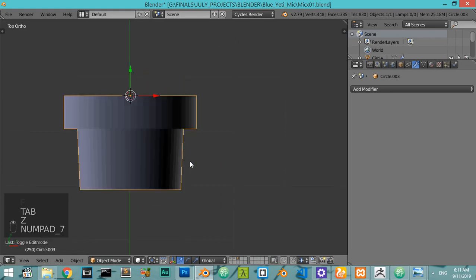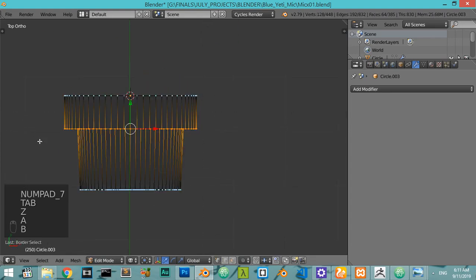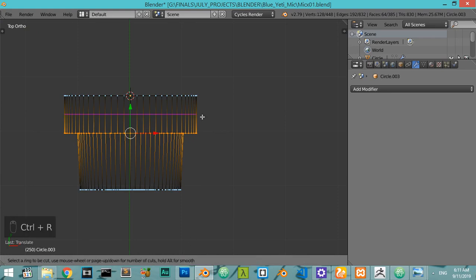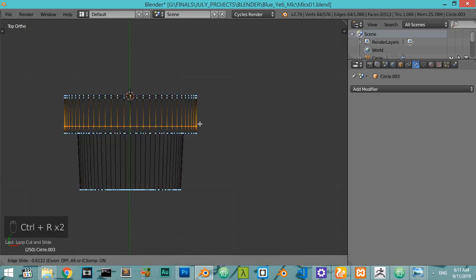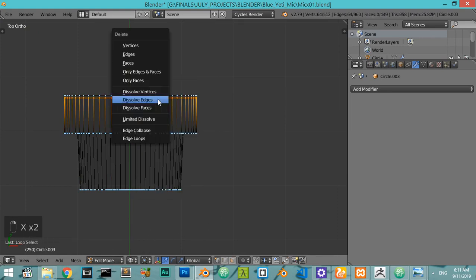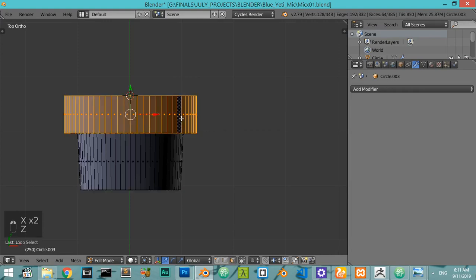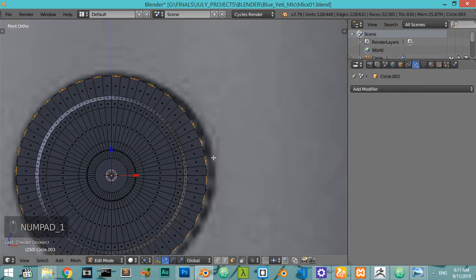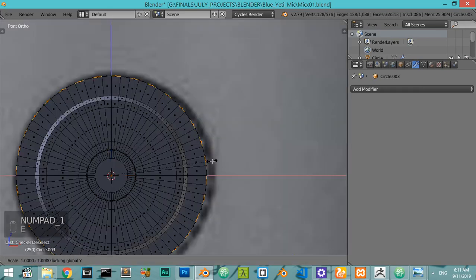So what we will make now, we will select these edges, and what we have, maybe dissolving this again, we will select and deselect, and extrude scale shift Y 1.1,